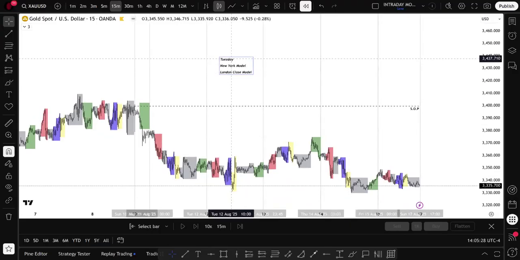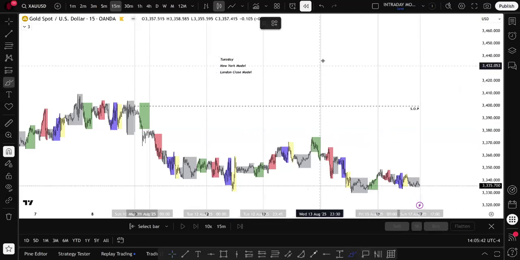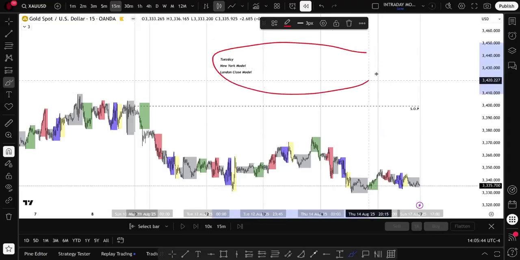Now, throughout the week, we know that there's ideal trading days. Those ideal trading days are going to land on Tuesday, Wednesday, Thursday. Now, I'm not saying you can't trade on Monday or even Sunday, if you want to count that as a half day, I guess, or quarter of a day, and Friday. I prefer